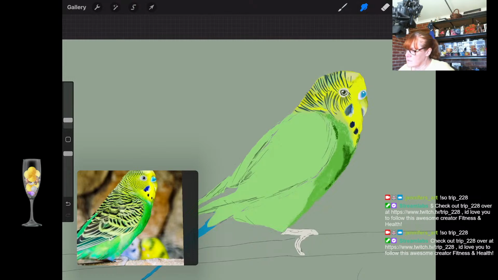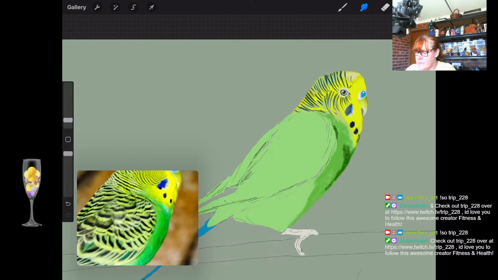And you can add all kinds of textures. There's all kinds of texture brushes, which is really cool. Okay, having a look at that now. I'm quite happy with that. Now, for the wing feathers, all the feathers around his neck and his shoulder and everywhere else,